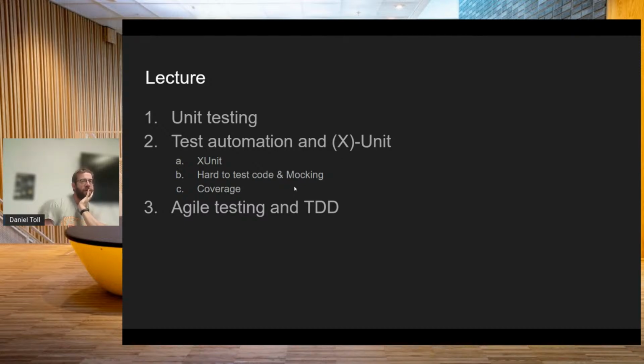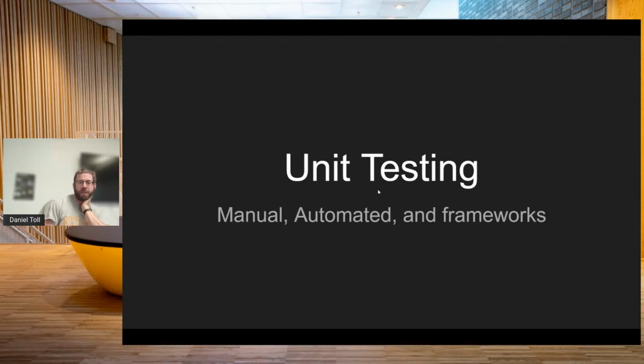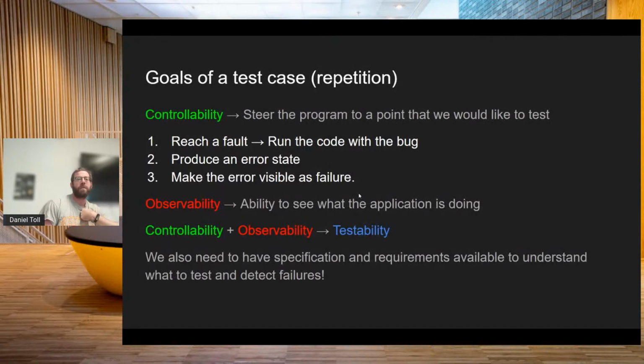This field is changing really rapidly. And we're probably at some point going to run out of time and continue tomorrow. So the agile testing and test-driven development is going to be tomorrow, I think. So for unit testing, we're going to talk about manual, automated, and framework. Just to get started, we do some repetition from last lecture, where we talked about test cases and what a test case consists of,